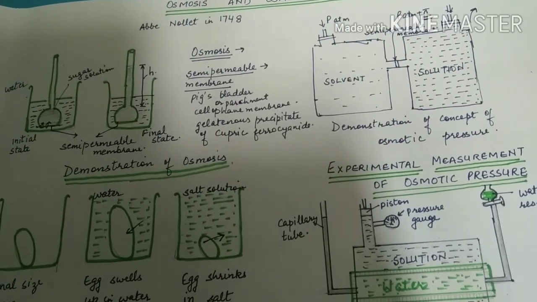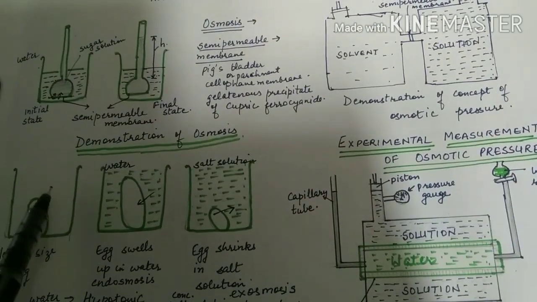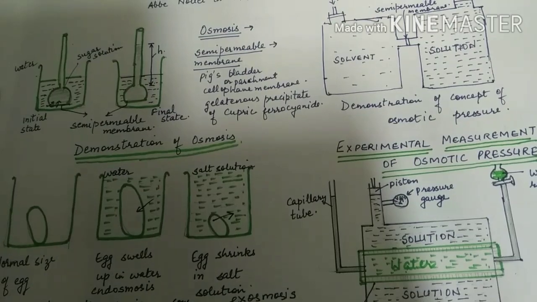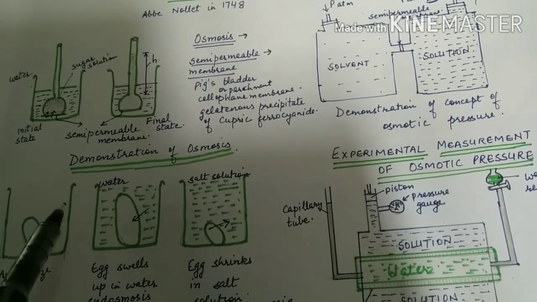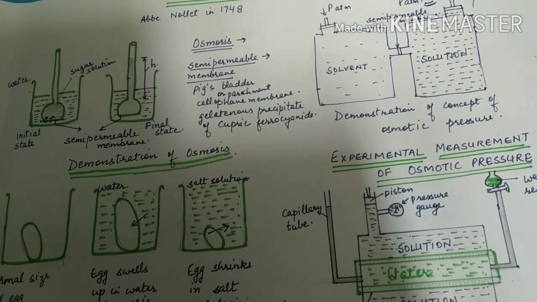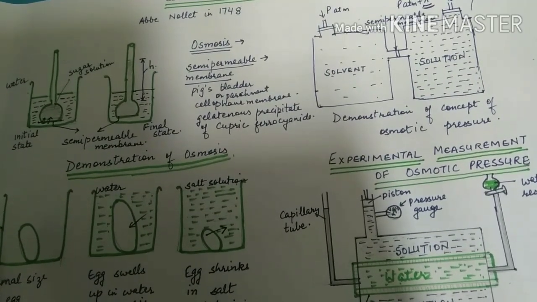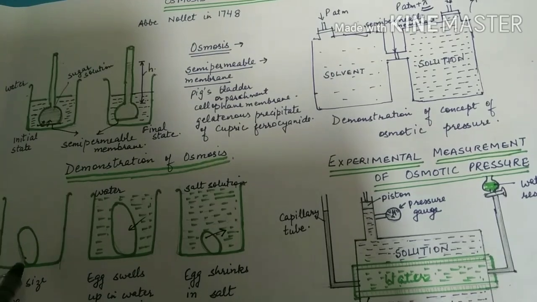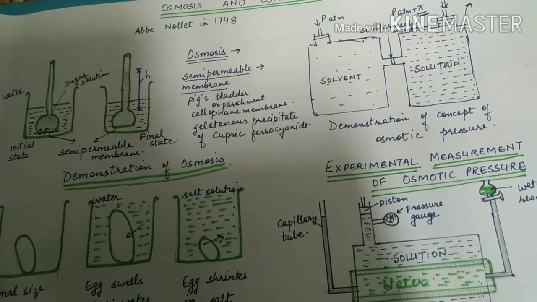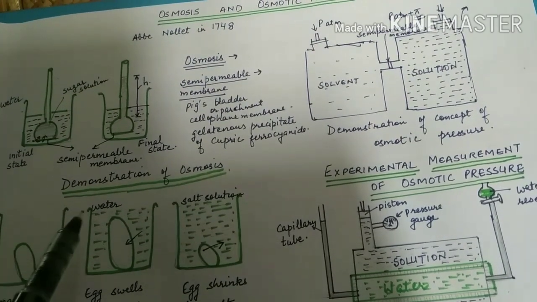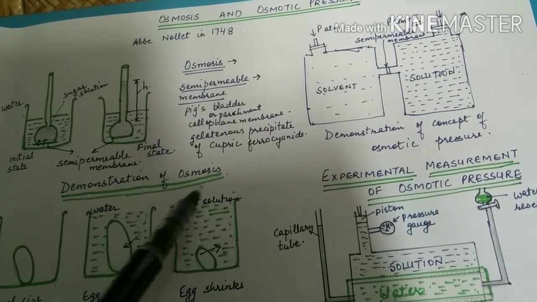It's a demonstration of osmosis. We start the experiment by dissolving the outer layer of the eggshell by placing the egg in a solution of vinegar or hydrochloric acid. So hydrochloric acid will dissolve the outermost hard shell, leaving behind the egg with the semi-permeable membrane outside it. Now you have to take two such eggs, dissolve their shells, and place one of them in water and the other in a concentrated saturated salt solution.